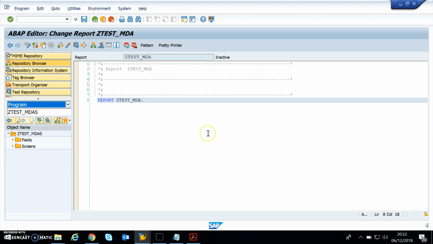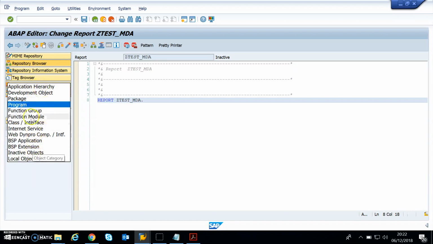ABAP workbench. So the main screen of the ABAP workbench is divided into the navigation area and the main tool area. The navigation area displays all the objects, and you can find all the objects as a tree. The object list, this is what we call the object list, and it will contain